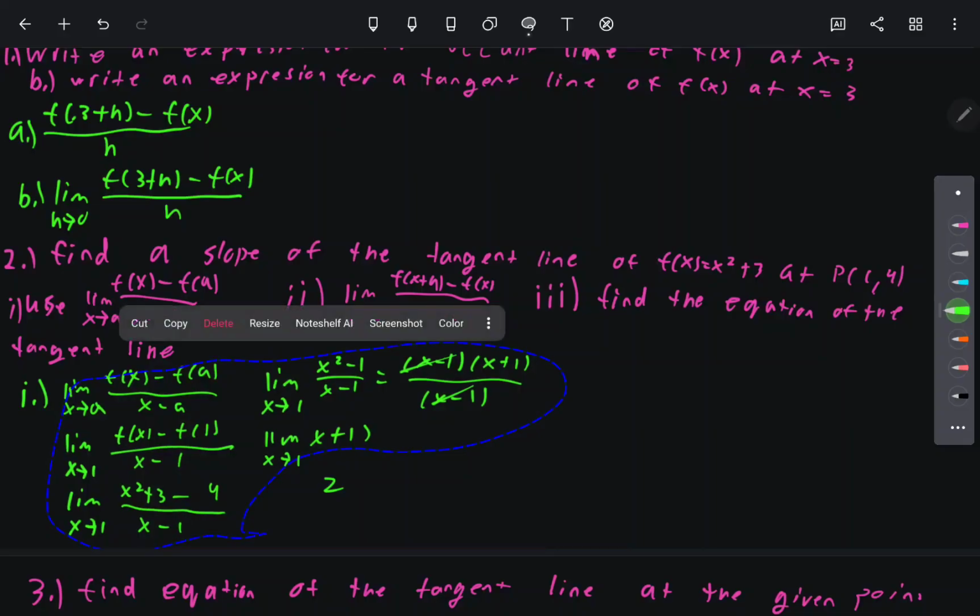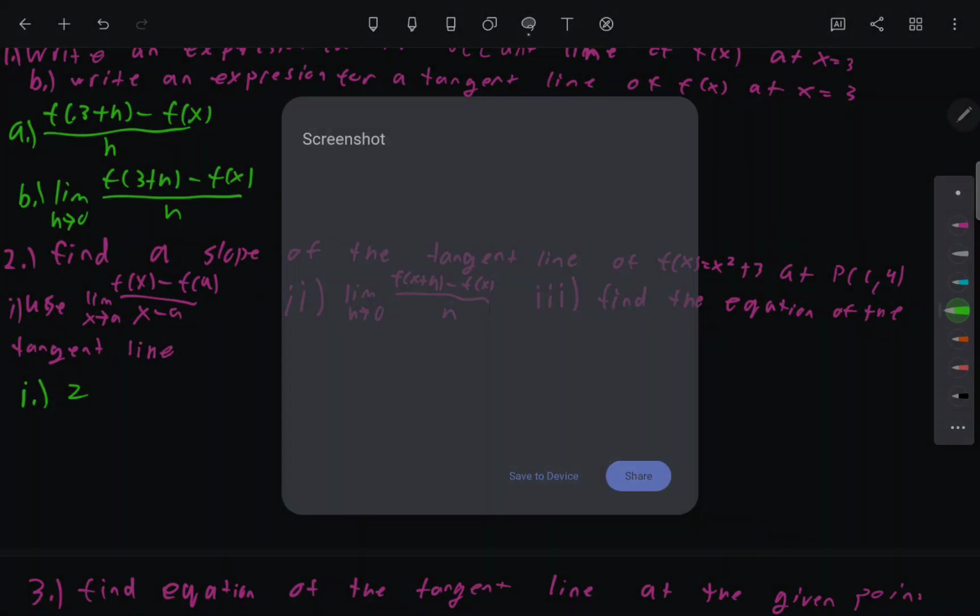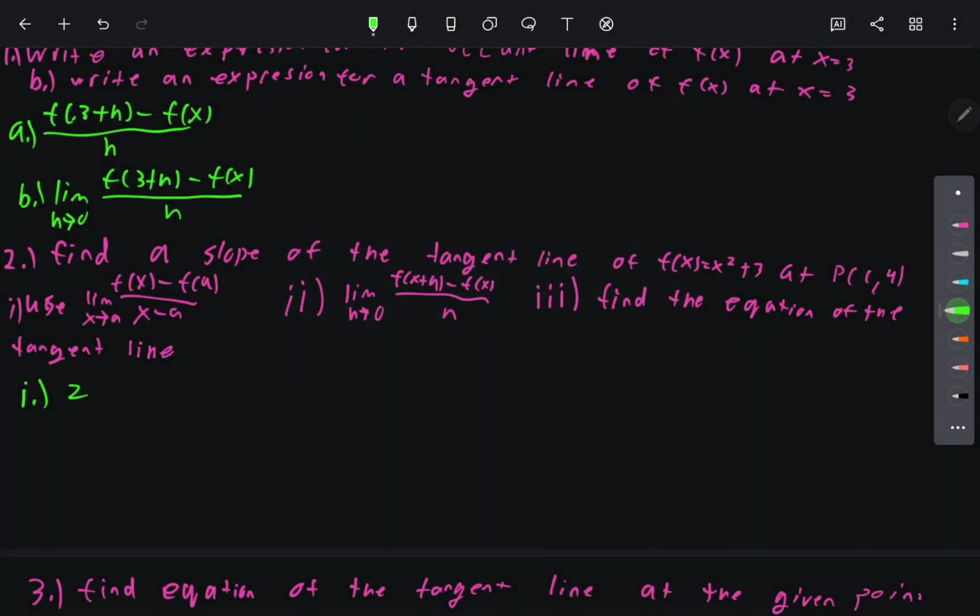Alright. And our answer is 2. Make sure we don't confuse that. Okay. Let's go to II now. We want to use the other definition of a limit. So,